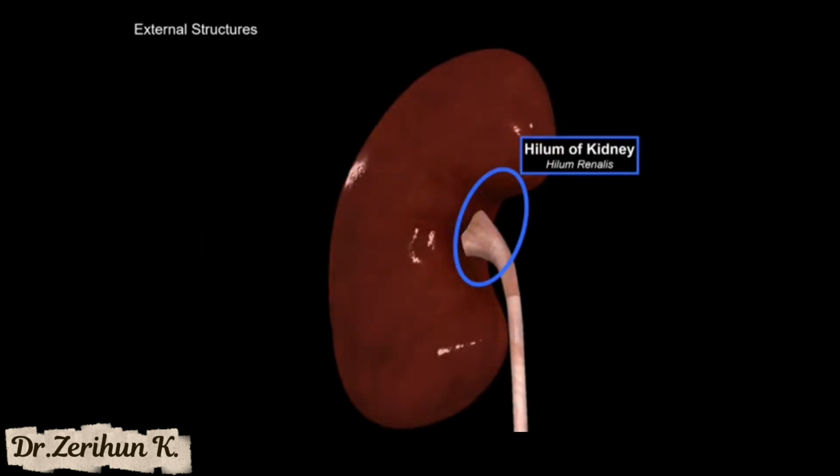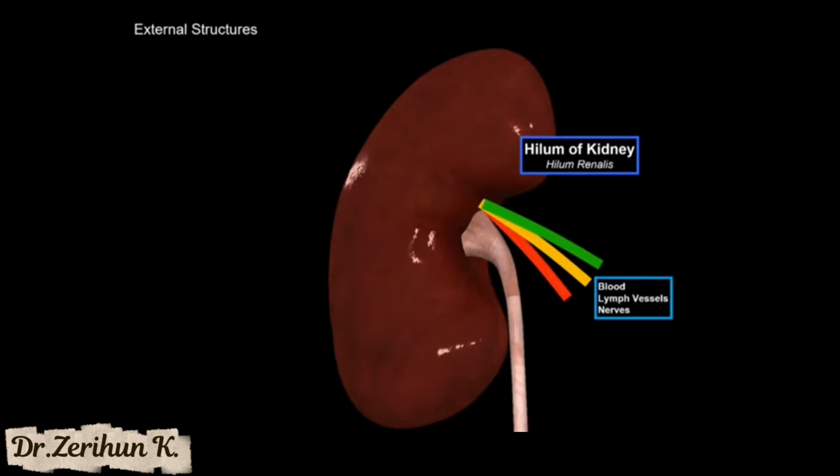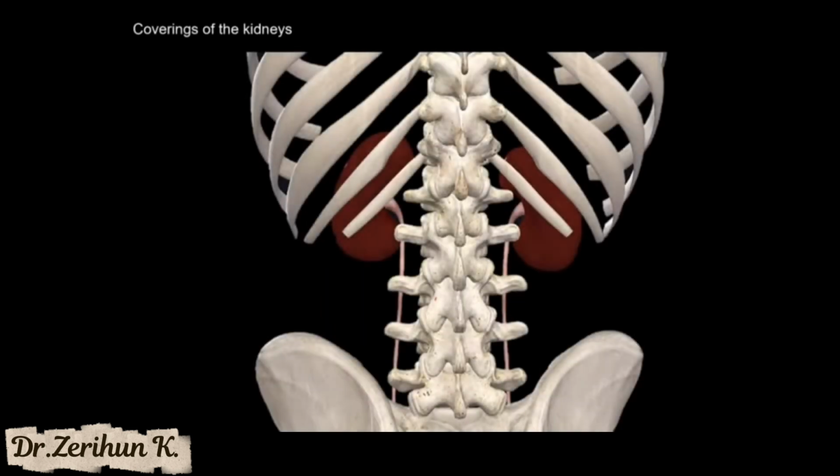So the medial border of the kidney is called hilum of kidney because different structures enter into the kidney and different structures exit from the kidney, like blood vessel, lymph vessel, nerve, and the ureter. So posteriorly, the kidney is covered by the ribs, rib 11 and 12, but the right kidney is slightly lower than the left kidney. So at the level of T12,